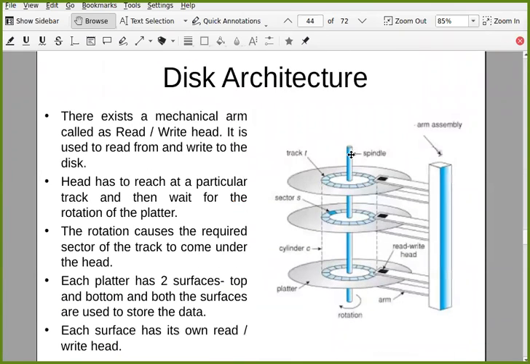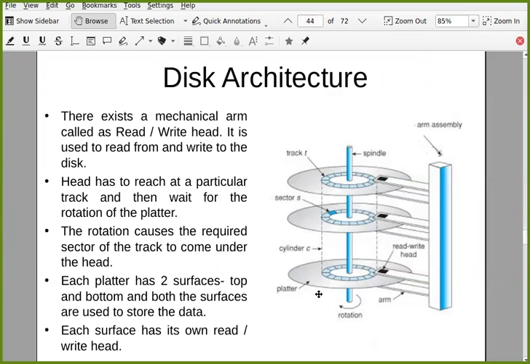So you can see this is disk architecture. This is the ARM assembly, and these are the read-write head, magnetic read-write head. You can see in this case, there are two heads on both the sides, so you can read and write from both the sides of the disk. Platter, rather than disk, I would call it platter. This is the spindle around which this disk rotates. So there is a circular motion for these platters, and there is horizontal linear motion of this head. Head can move in linear fashion.